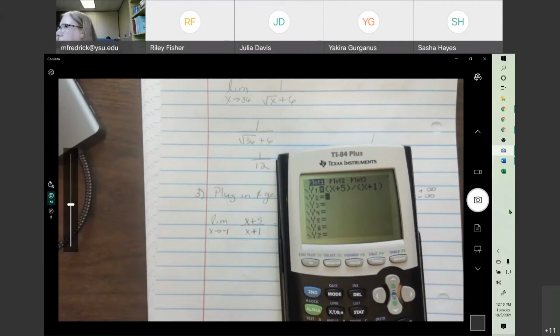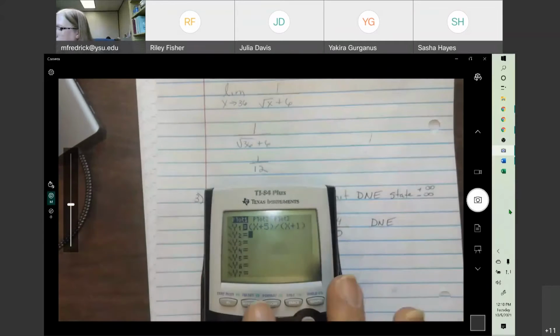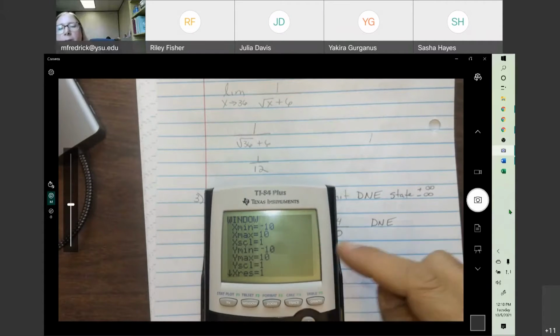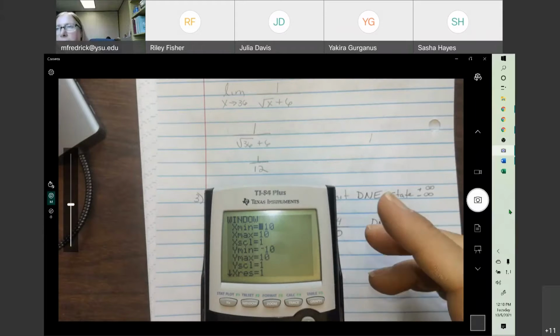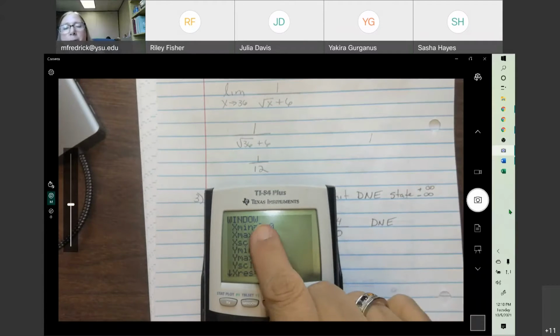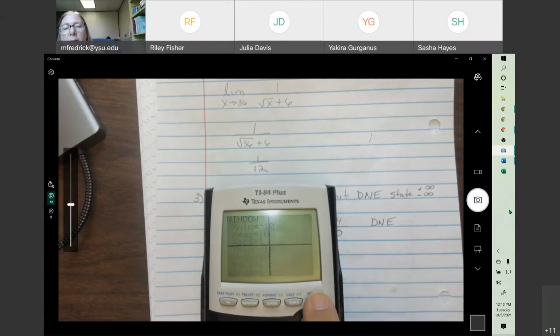On these ones, I usually use a window of 10 because our limit's -1. As long as it's in your range, it'll work. But I like to use the -10, 10 when I'm finding these ones, unless the limit you're looking for is a really large number. But if you use -10, 10, -10, 10, and hit graph,